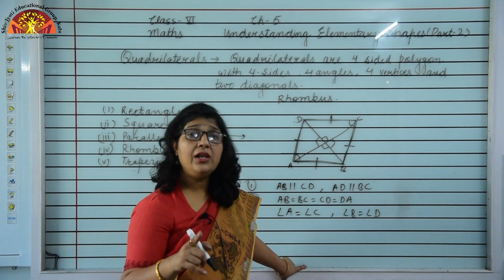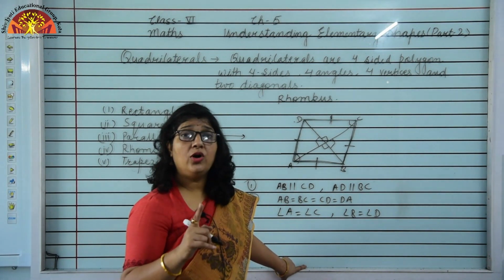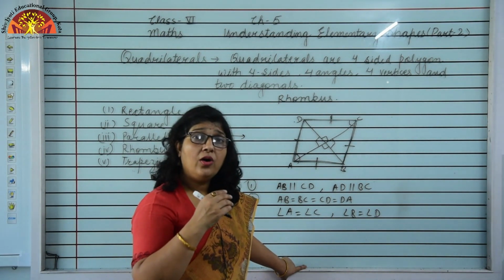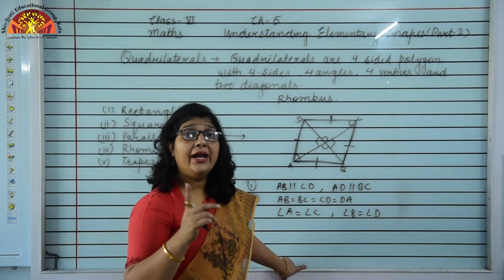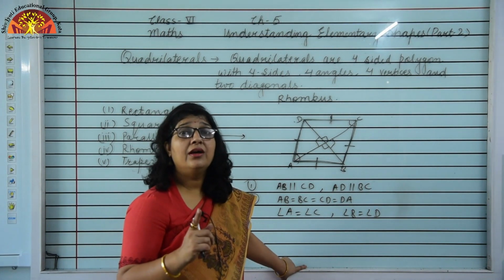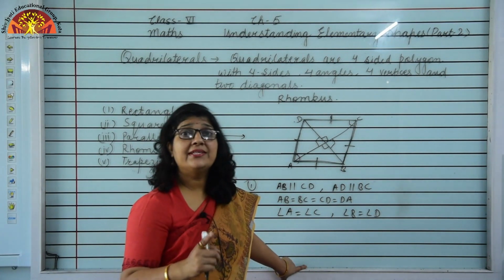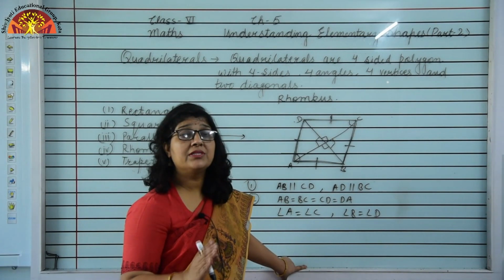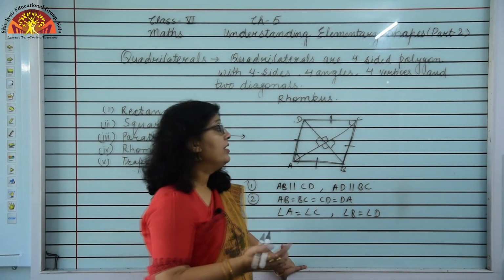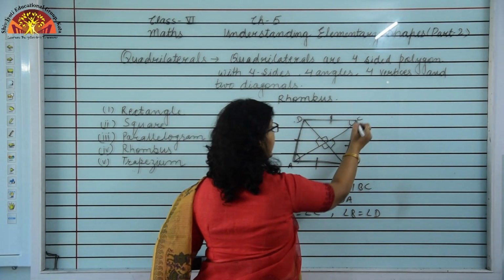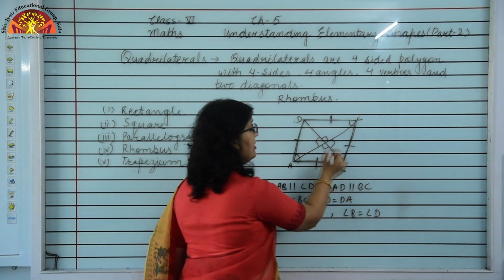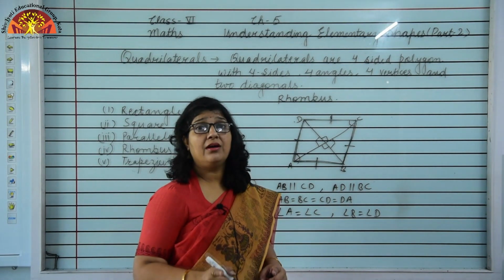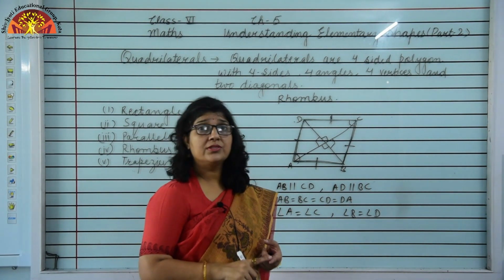All sides are equal and parallel. Understood? All sides are equal, opposite sides are parallel to each other and opposite angles are also equal. And one more characteristic, that is diagonals bisect each other at 90 degree. So a square is a rhombus but a rhombus is not a square. Rhombus में क्या है कि parallel तो है but angles 90 डिग्री के नहीं होते हैं, इसलिए एक rhombus square नहीं हो सकता लेकिन एक square rhombus हो सकता है.